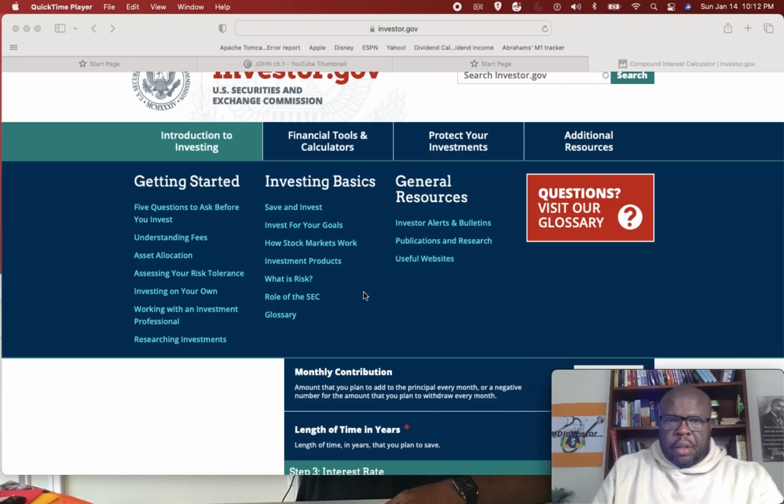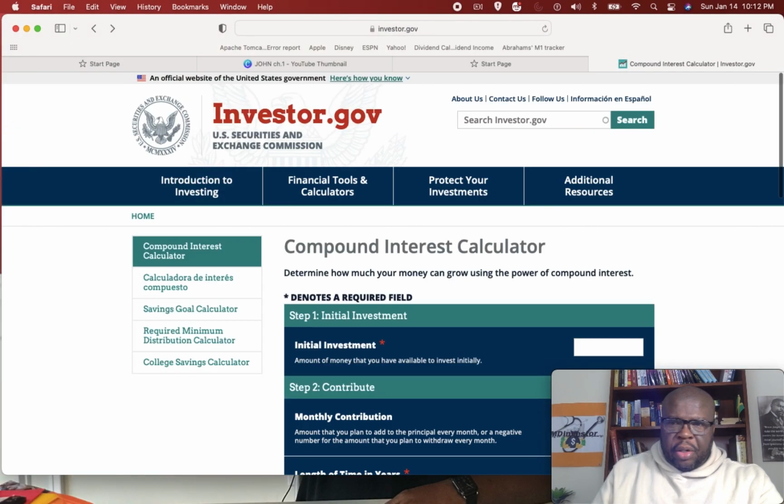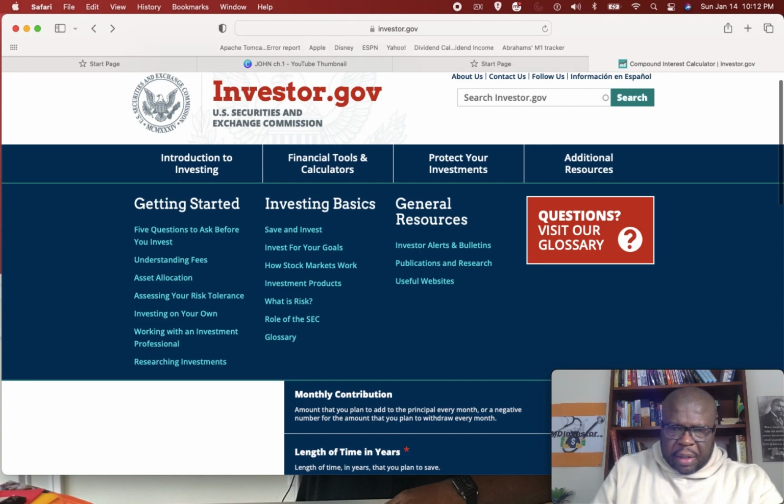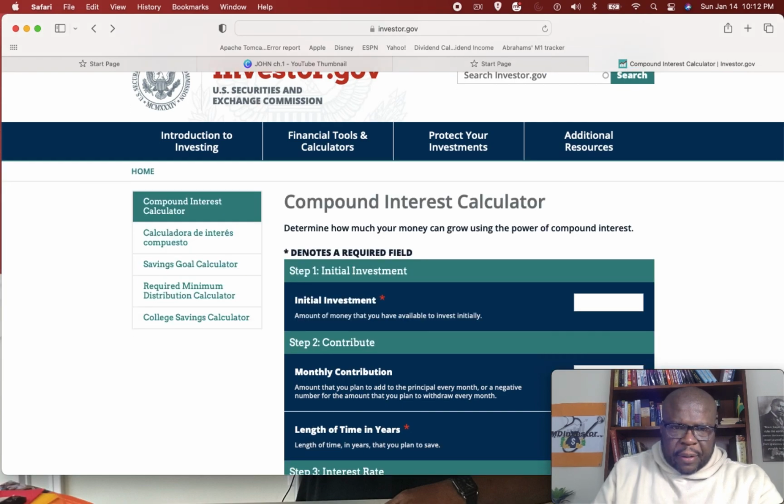What's up, guys? Today I thought we would look into this compound interest calculator. I'm on the investor.gov government website, and it looks like it has some pretty good information. Today we'll look at the compound interest calculator and